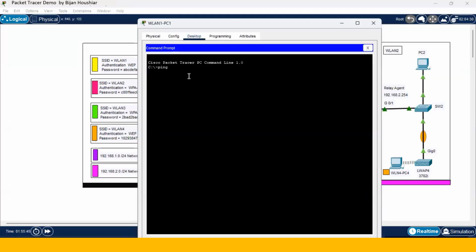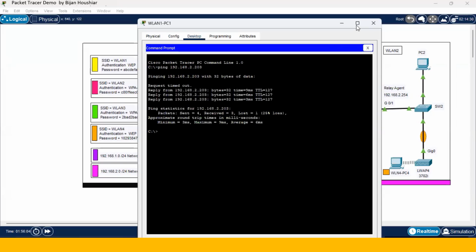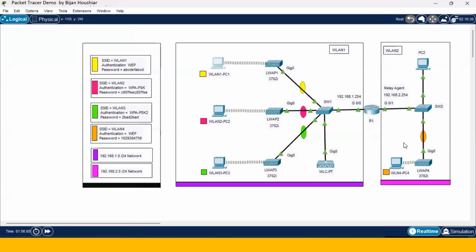Ping 192.168.2.203. 4 echoes are going to be sent, and we expect at least one echo reply back. Replies are coming back. There is end-to-end connectivity, and that's how you configure